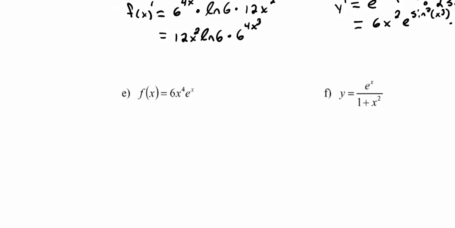Okay, so now we have a product rule example. So f prime of x would be equal to, okay, so this is my f and this is my g, then this would be the derivative of f. Actually, sorry, I'll just do f and then the derivative of g. So that'd be 6x to the 4, and that was f, times the derivative of g. Well, that's easy. That's e to the power of x, right? So that was g prime, plus, now the derivative of f,